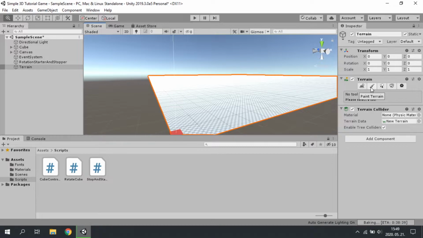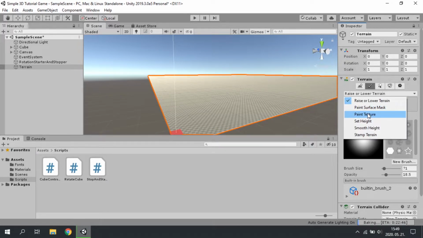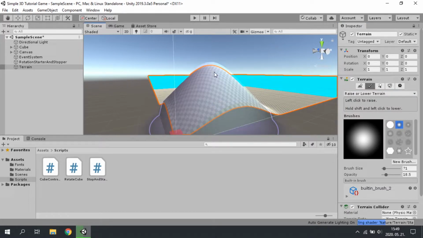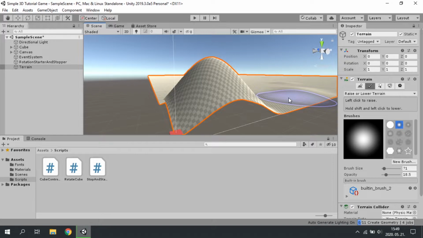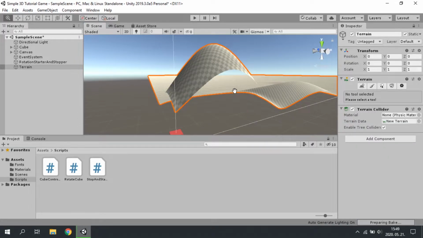So if you select this option, this paint terrain, here you can see multiple options like raise or lower terrain, or paint texture, set height, smooth height, stamp terrain. So we're going to check them. So the raise and lower terrain means we can create mountains like this one,